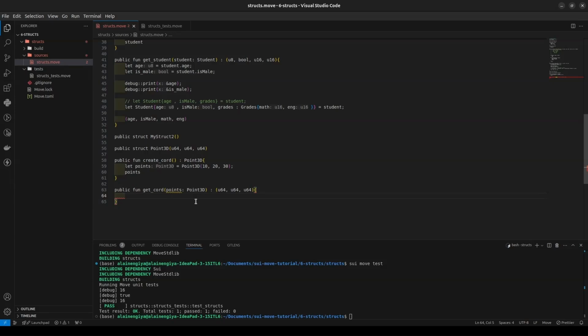So to destructure a positional struct, let's first write point3D. Then to do this, we can collect the values for it, which can be x, y, and z, then equal to points. So this is how to destructure